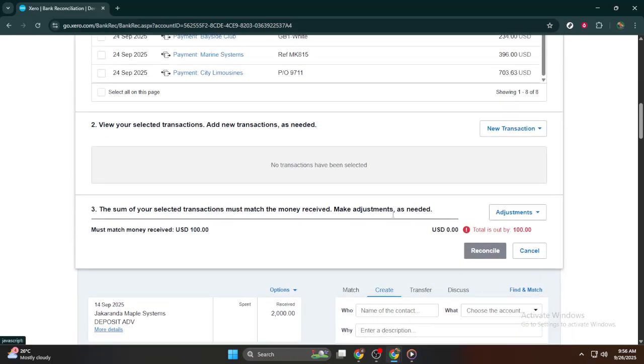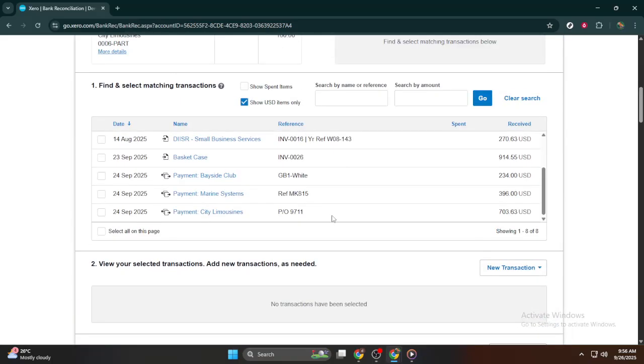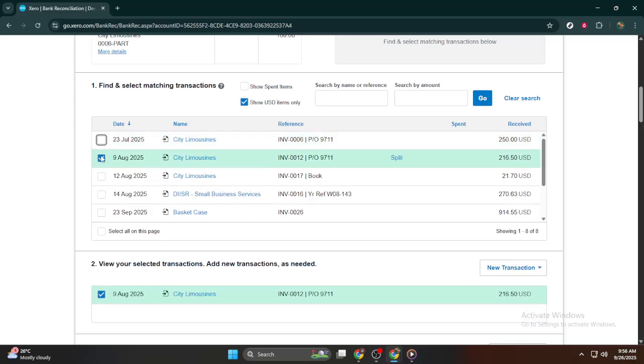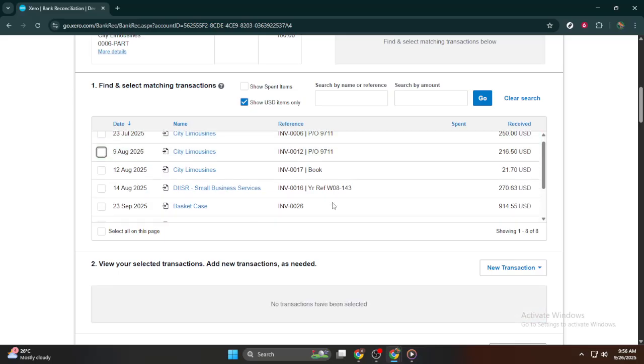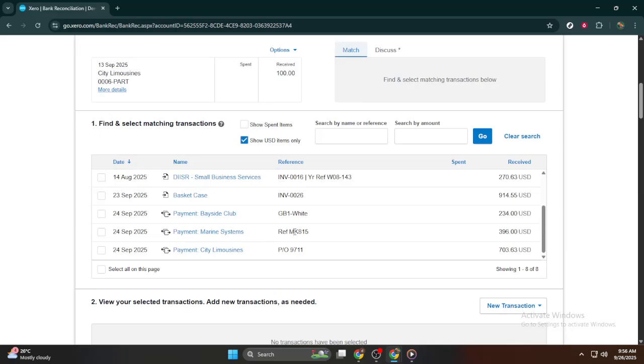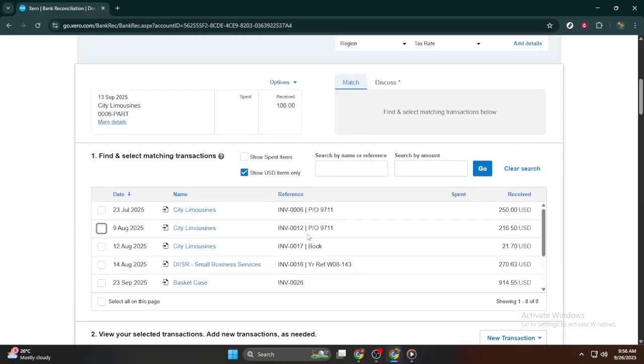Next, you'll need to highlight the specific payments that relate to the invoice you are working on. Usually, you'll see a column or a section where this is possible. You'll highlight the first payment, then move down the list to find the second payment, and go ahead and highlight that one too. Once both payments are highlighted, you'll usually see a balance that confirms the amounts tally up to the invoice total. It's always good to double check that the payments correctly correspond to the invoice, preventing any inconsistencies